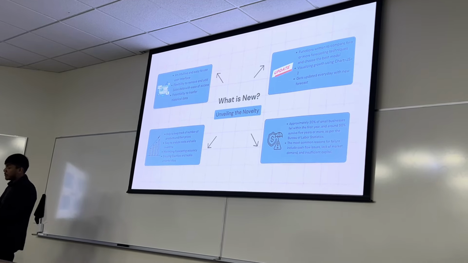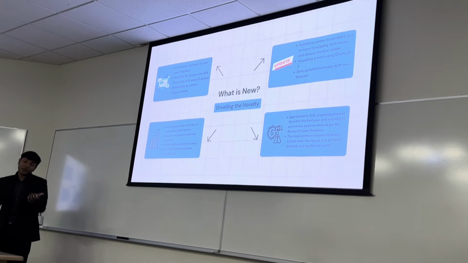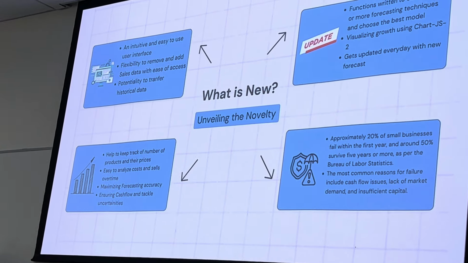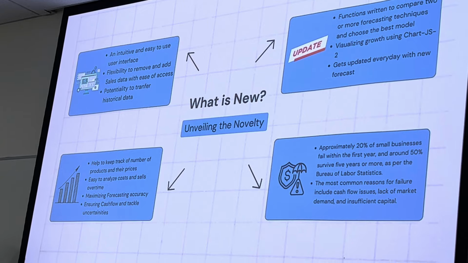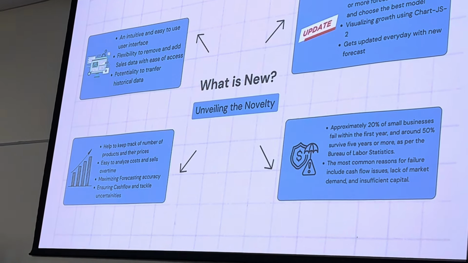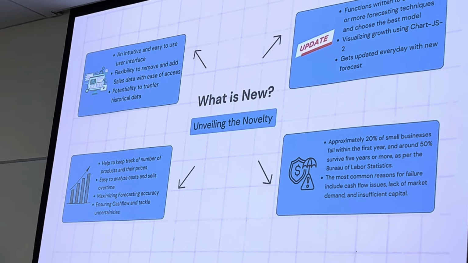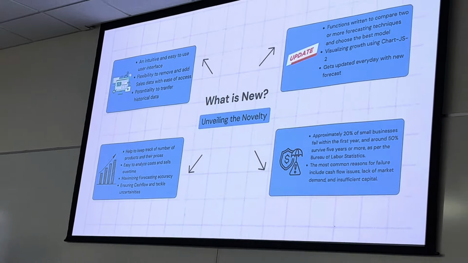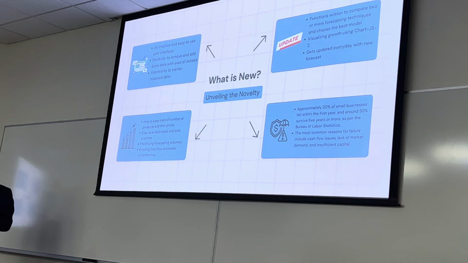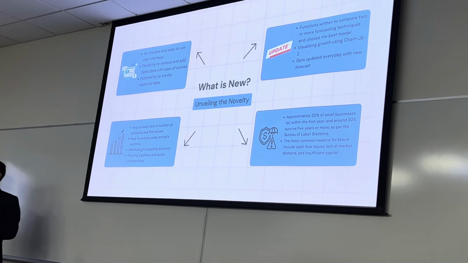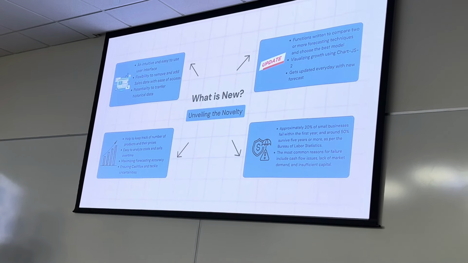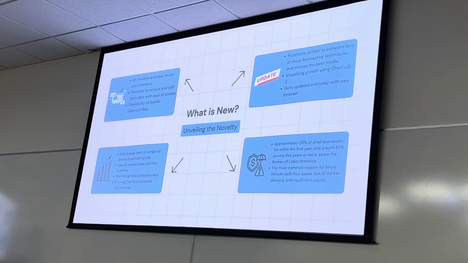Another important thing is that in the US, approximately 20% of small businesses fail because they don't have any clear projection of where they are going. They just think of it as ordering inventory and selling it, but all those financial insights can let them know and help them visualize whether they are progressing or not.